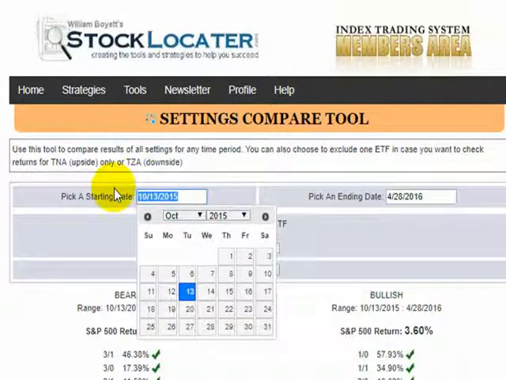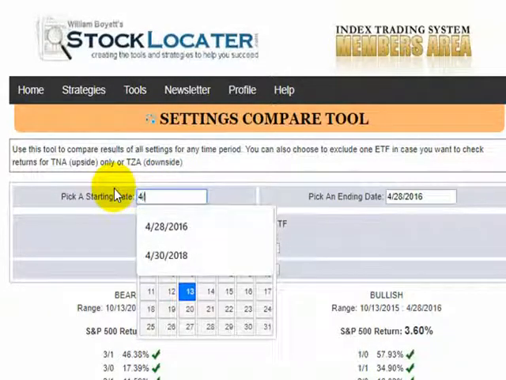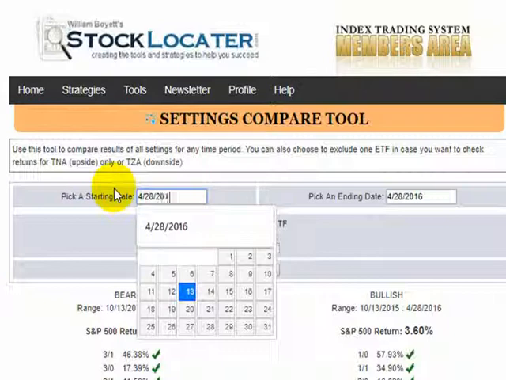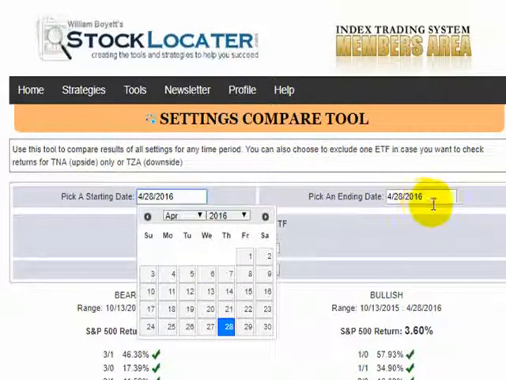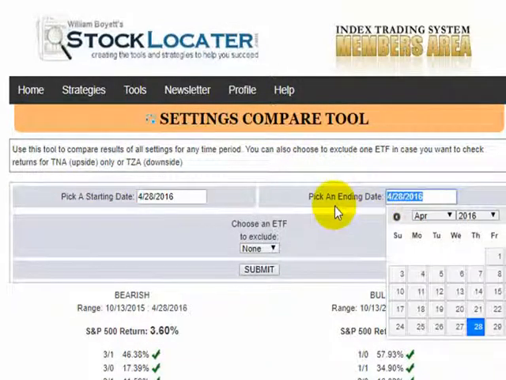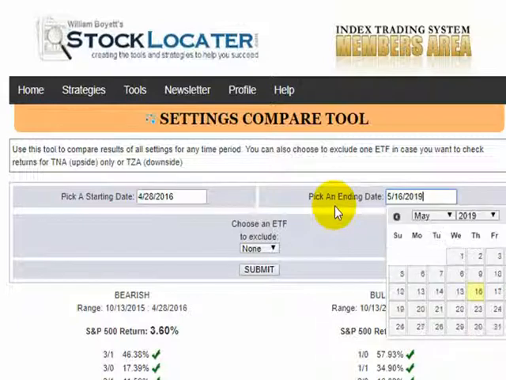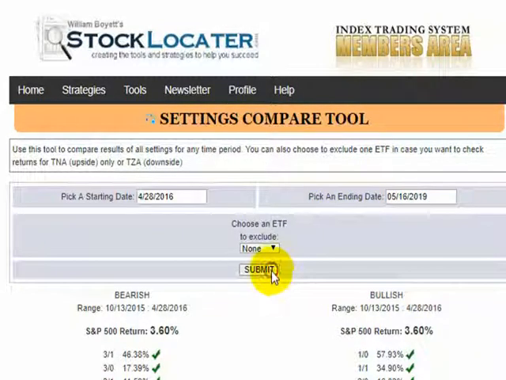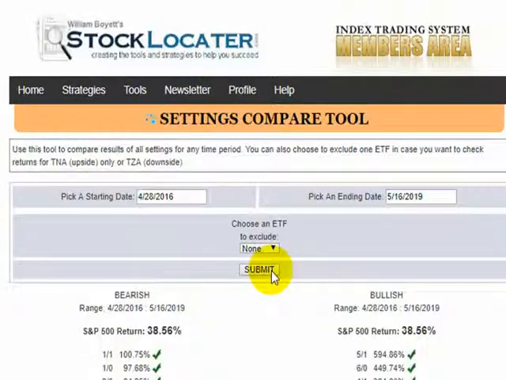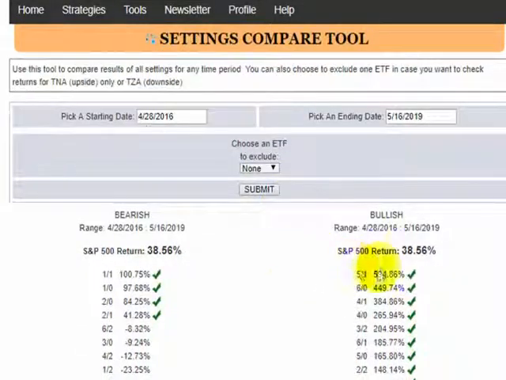So just to skip ahead, let's say it's 4-28-16. Let's put that in right here, and 4-28-2016, and we're only going to go the past 3 years, okay? So 4-28-16, today is 5/16/2019, so it's just about a month over 3 years. And just to skip ahead and see what's been going on in the last 3 years, we can see that the markets have risen